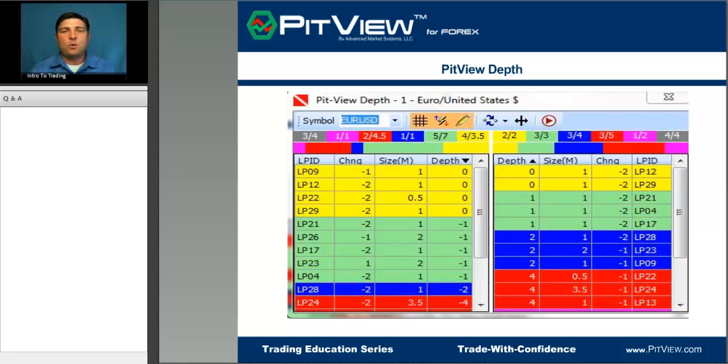If you see one that has more depth than another, to where you have more closer, let's say, ask action compared to the bid action, there's a lot of people that will look at this from a quantitative standpoint that will just monitor that activity, and it can really show you an actual picture of where supply and demand exists on an individual currency pair, by not just showing you the best bid and ask, but showing you who's behind them. So another great tool when it comes to PitView, which obviously we'll be discussing a bit further in